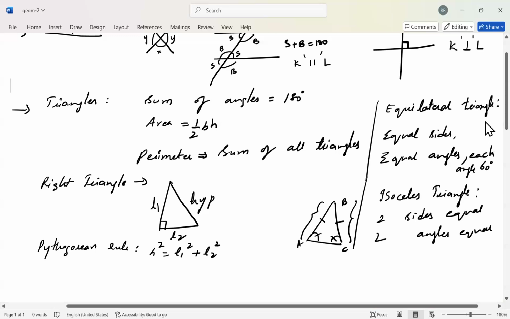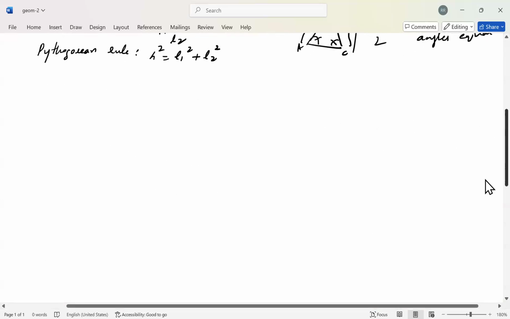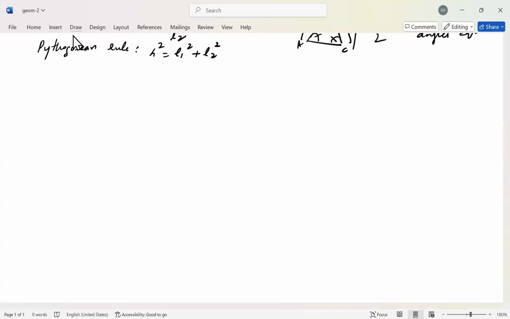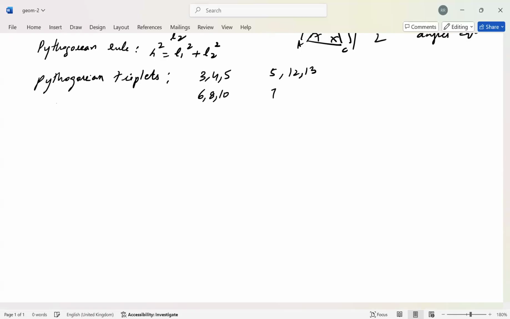And then the Pythagorean triplets, the common numbers which are used for right triangles. Pythagorean triplets: 3, 4, 5; 6, 8, 10; 5, 12, 13; 7, 24, 25. Remember the Pythagorean triplets. And two special triangles,